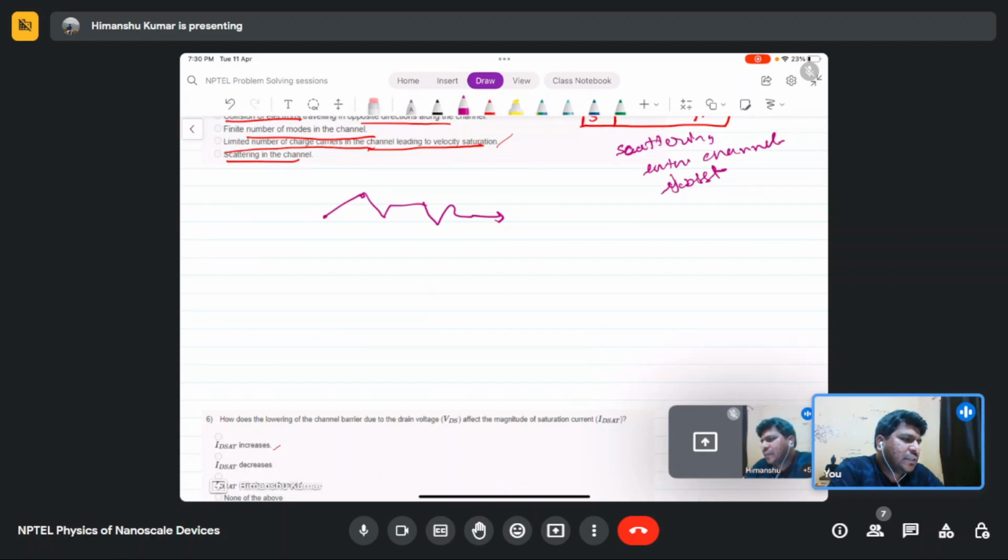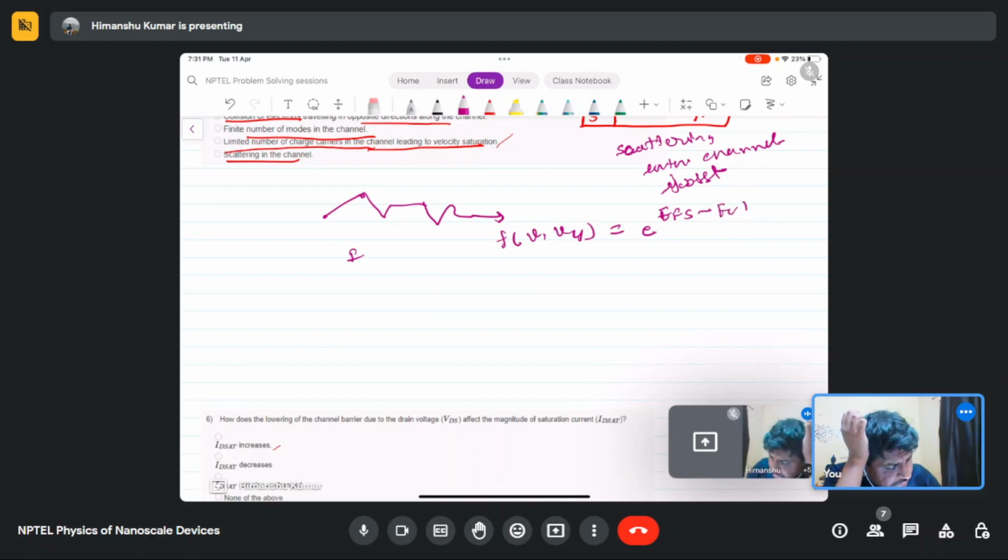drive the model of the velocity saturation effect, so if we solve this with the Fermi-Dirac distribution and put in all the values, we finally find that the current is proportional to the exponential of E_F in the source region minus E_C by kT, times the exponential of (Vx square plus Vy square) by 2kT.